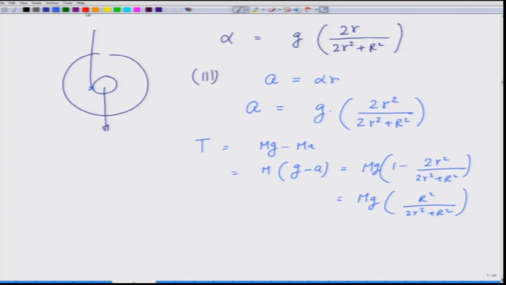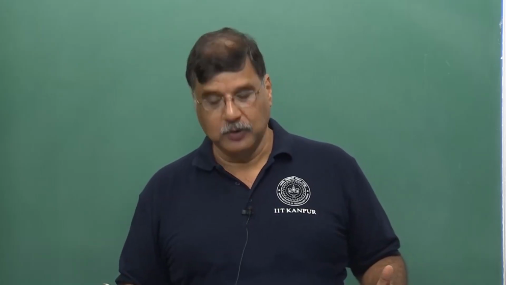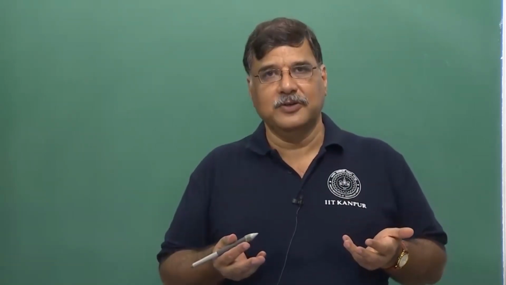So, what you notice is that the linear acceleration of the wheel coming down is g times 2 r square over r square plus r square, which is roughly equal to, assuming r is much less than R, roughly equal to g times 2 r square over R square, much smaller than g, and therefore you see this wheel coming down very slowly. Now, when it comes down and then goes back again, that is because of the conservation of energy,